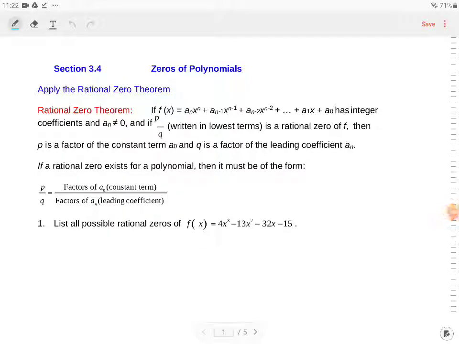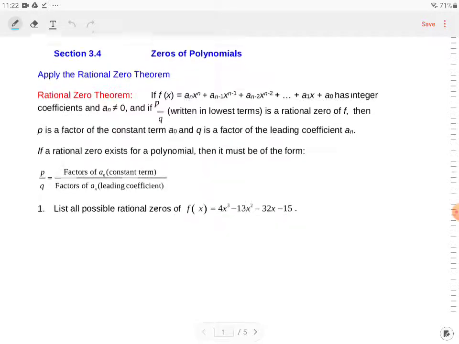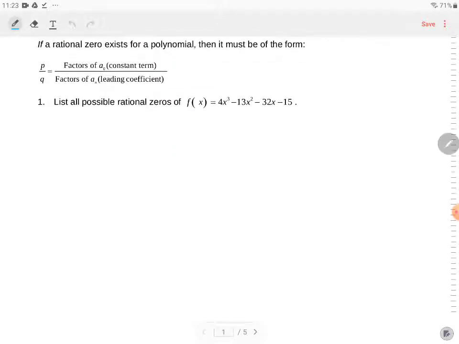This video is about finding zeros of a polynomial. There's the rational zero theorem that will tell us how to find rational zeros. And I know from last lecture, 3.3, we saw that you can use a graph and therefore the graphing calculator to find zeros. If you don't have a graphing calculator, this is the theorem that you can use to find the possible rational zeros. So to find the possible rational zeros, we want to find plus or minus the factors